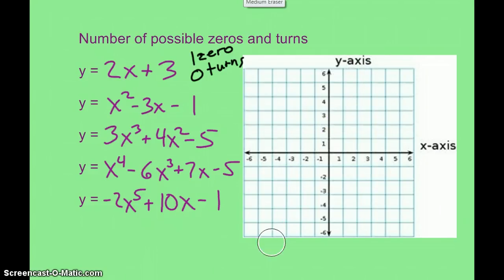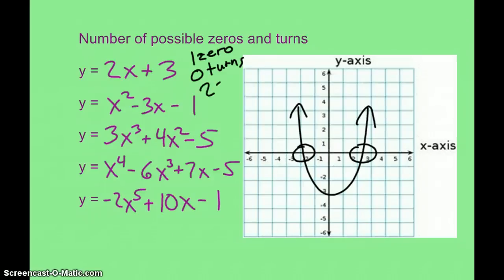When we think about a quadratic function, our second example, y equals x squared minus 3x minus 1, I have no idea what the actual graph looks like. I'm just going to sketch a general parabola. I know this much about it. I know its end behavior. I know it's going to leave the screen going up, and I know it's going to be a parabola shape. So this graph could have 2 zeros,